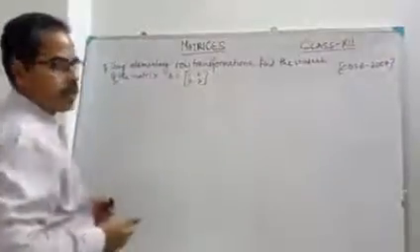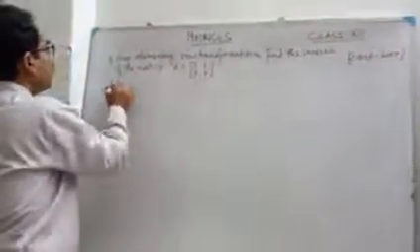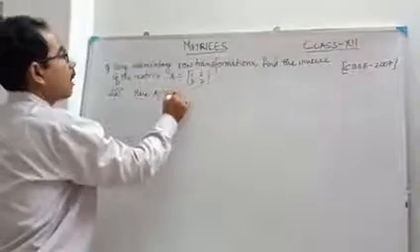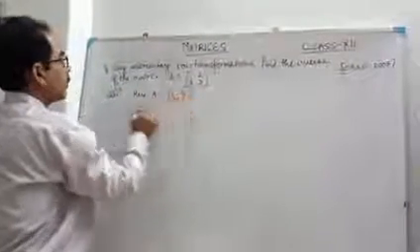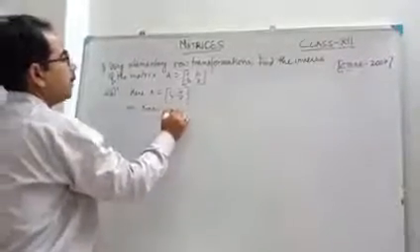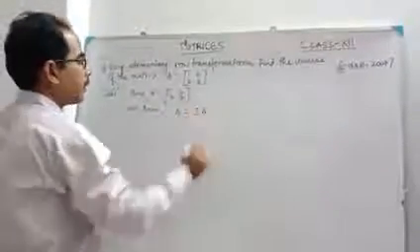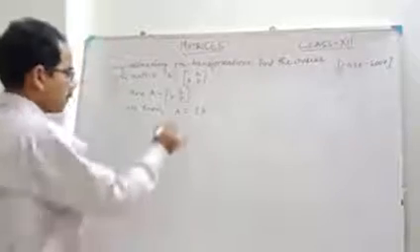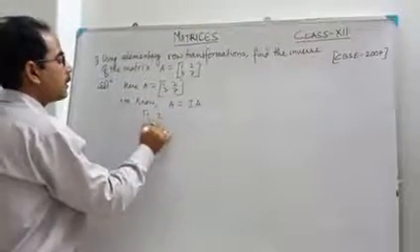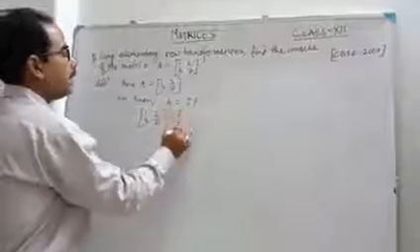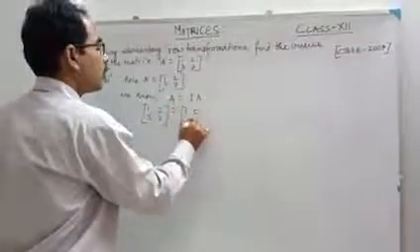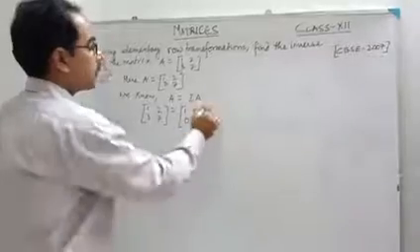First of all, the row transformations. Solution: here A equals 1, 2, 3, 7. We know A equals IA. We know this very well, correct? So just note it down. A means here 1, 2, 3, 7, and I means the identity matrix, which we know very well, so 1, 0, 0, 1, as it is a 2 by 2 matrix A.